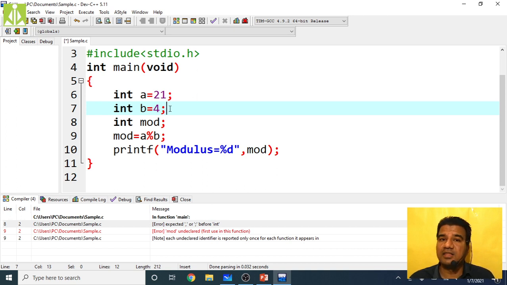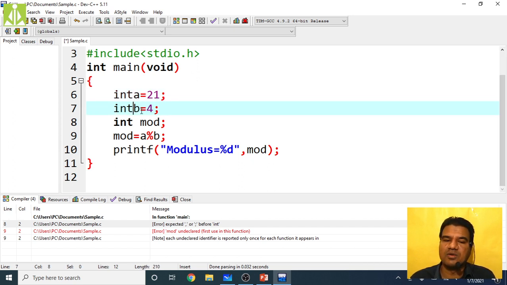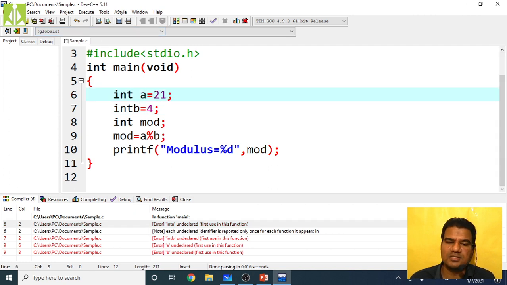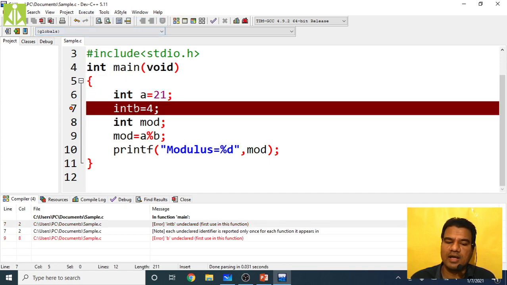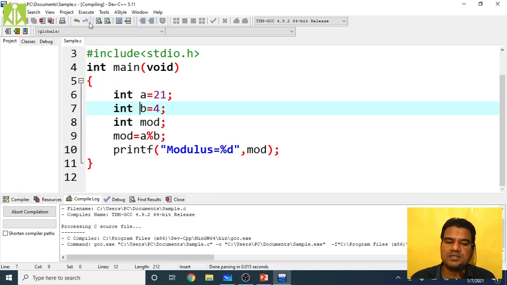At the very first stage it is common that you will get errors. You will forget to give the space in between. You will write inta equals 20 like this. It is very common. When you execute, you will get an error like this. So come over here, give the space, and that error will go off. Again it will show an error here, remove this, and give the space like this.